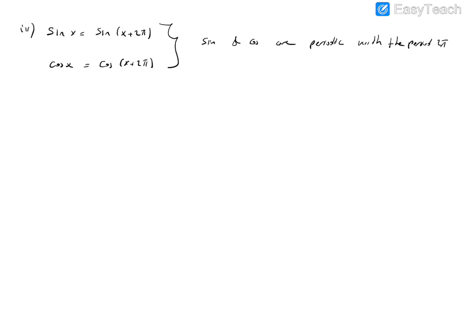So what does it mean? If you sketch the graph of the sine and cosine functions on the interval 0 to 2 pi, it will be similar on the interval 2 pi to 4 pi, 4 pi to 6 pi, or 0 to minus 2 pi, etc. The next property is that the sine or cosine of an angle measured in degrees is equal to the sine or cosine of the angle measured in radians. So just the measure is different, but the results are the same.